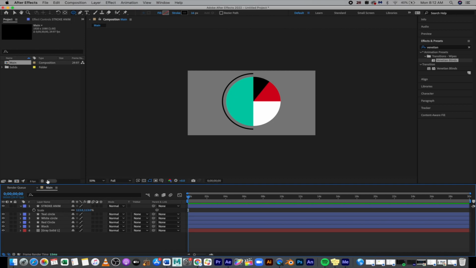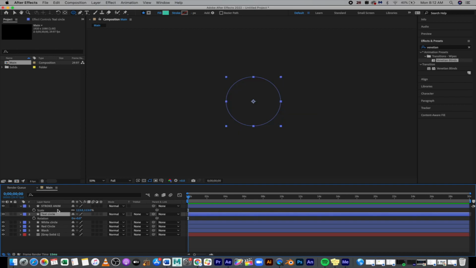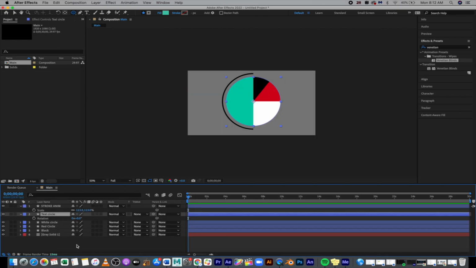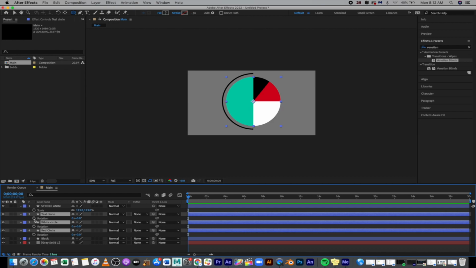So let's go ahead and start animating rotation now. We've trim pathed these, and we could animate the trim path, and I am going to do that for the stroke, but I'm not going to do that for the circles. For these, I'm just going to hit R for rotation. I'm going to shift select everything except for my background circle, which is my black one. I'm going to hit R to turn on rotation for all of them,